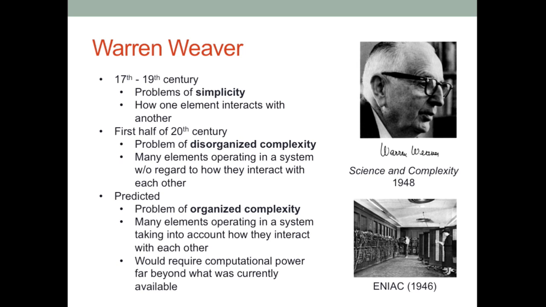And he's trying to pontificate a little bit, and he labeled this the problem of organized complexity in this essay. And he basically was saying, again, this is 1948, so then I grabbed a picture of it yesterday. This is, I think, the fastest computer right about the time he wrote this essay, the ENIAC, if I'm pronouncing that correctly. It could do about 5,000 operations a second, somewhere around there. It had little to no RAM.